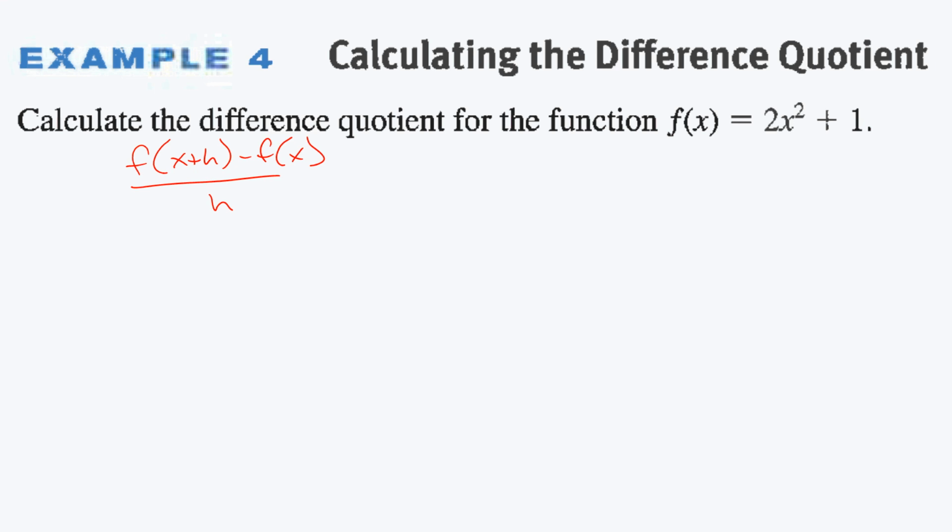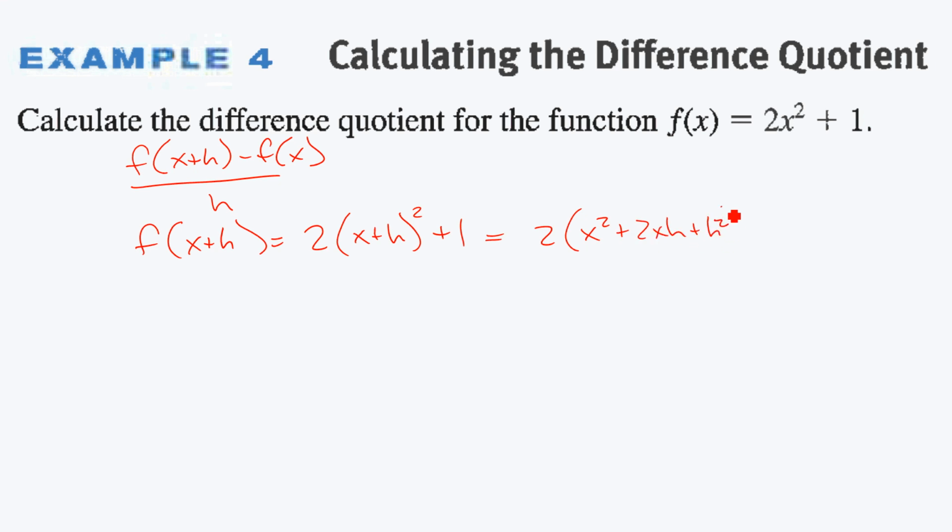So for this function, f of x plus h would be 2 times (x plus h) squared plus 1. Let's simplify that. Remember, you have to square it: 2 times x squared plus 2xh plus h squared, plus 1, which is 2x squared plus 4xh plus 2h squared plus 1. Okay, so that's this first part. Then we're going to subtract the original function. So we're going to say minus 2x squared